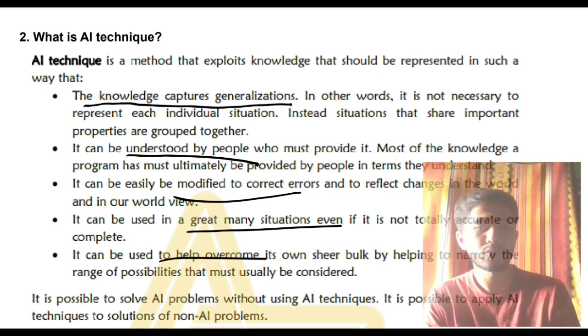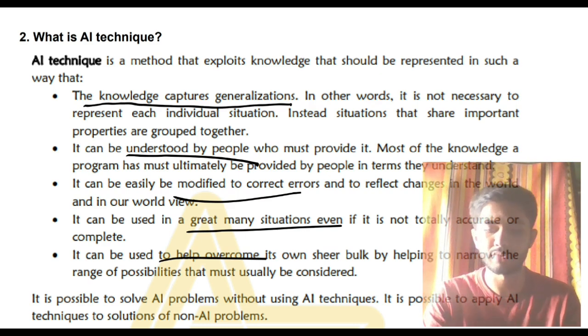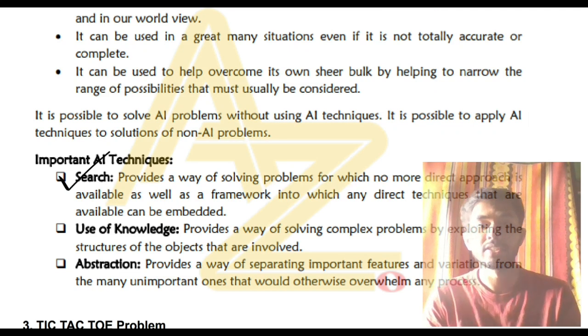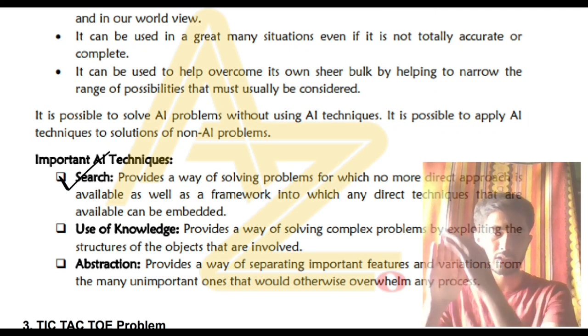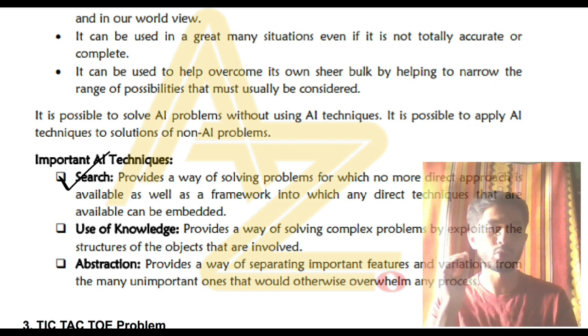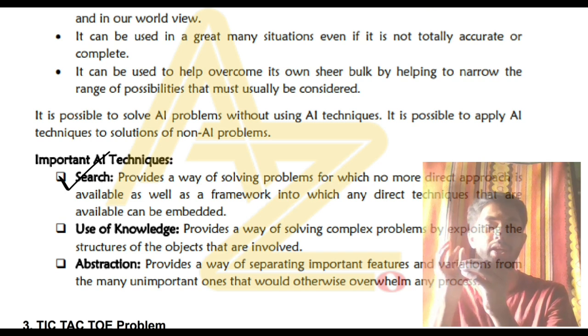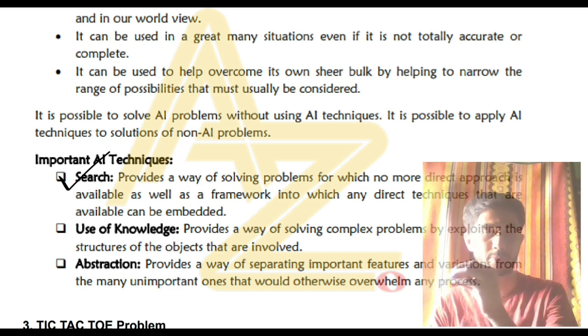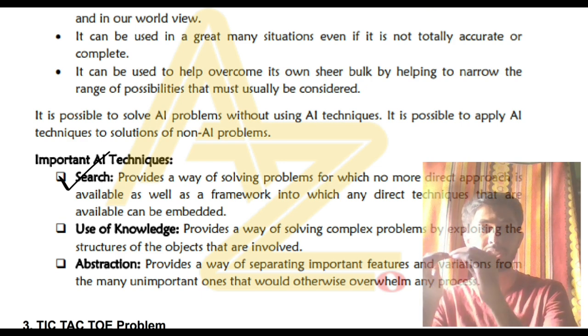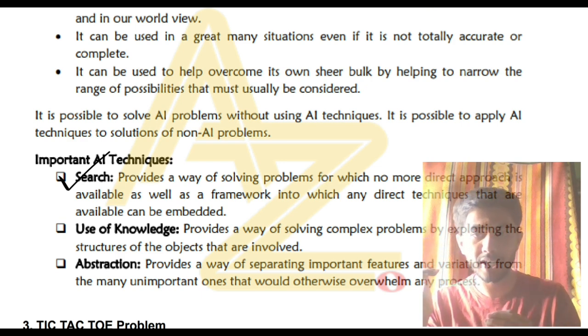Now the examples you can mention are for searching. The first example they have presented here, an important AI technique, is searching. Searching means what? Suppose you have a great list of a dictionary, and it is arranged in alphabetical order. If you provide this information to AI, it will be able to know that if a particular word starts with Z, it will be at the end of the dictionary. If it is starting with A, it will be at the start of the dictionary. By using this information, it will be able to find the answer much more quickly. That is what is called searching.